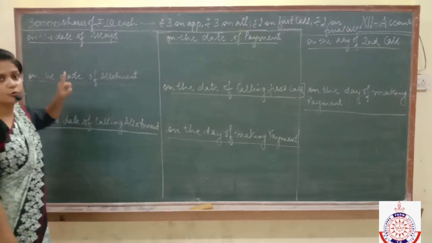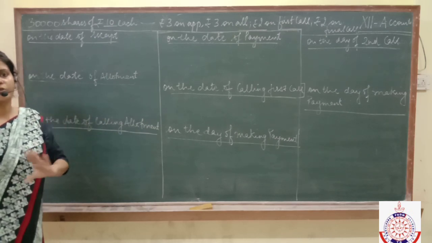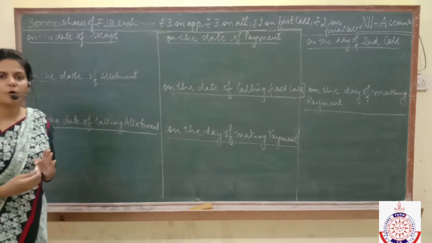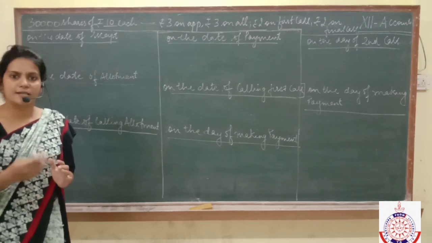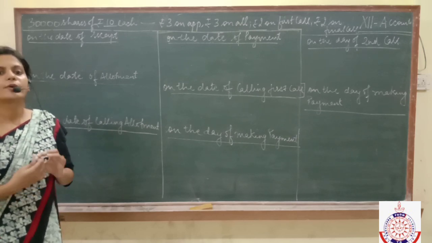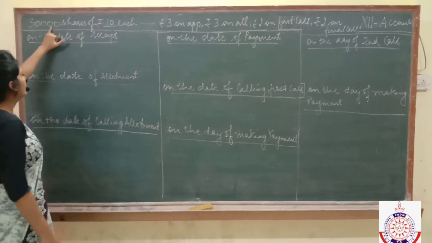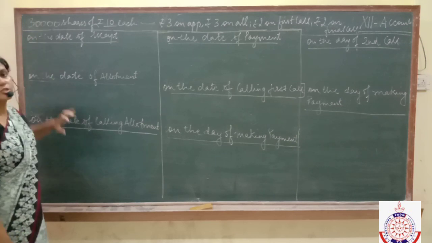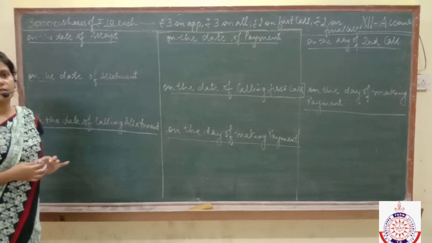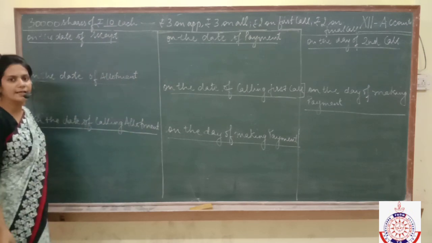First of all, as I told you, all these entries we are going to pass from the point of view of the company, not from the point of view of shareholders. It means first of all the company will receive the application money from the applicants, and then the company will decide whether to allot the shares to them or not. But first of all the company is going to receive the application money. In this case, the people had applied for 30,000 shares, means we issued 30,000 shares and the public has purchased the whole 30,000 shares from us. It means how much application money have we got? 30,000 into 3, that is rupees 90,000.